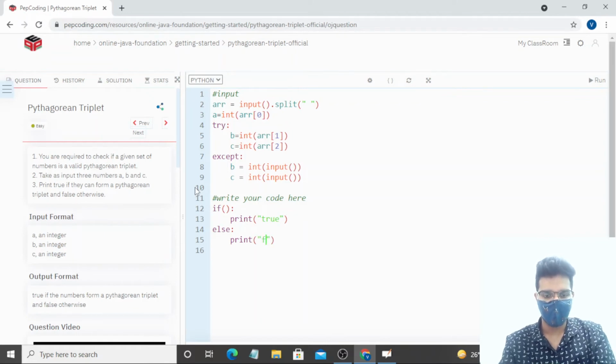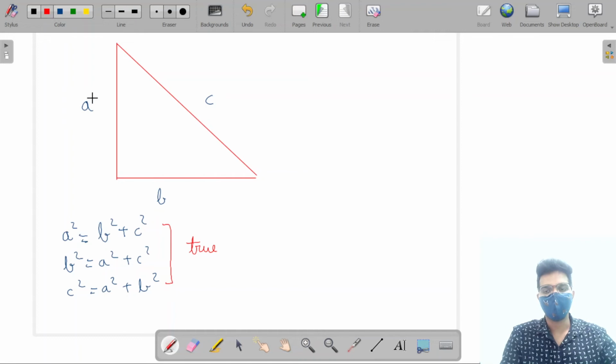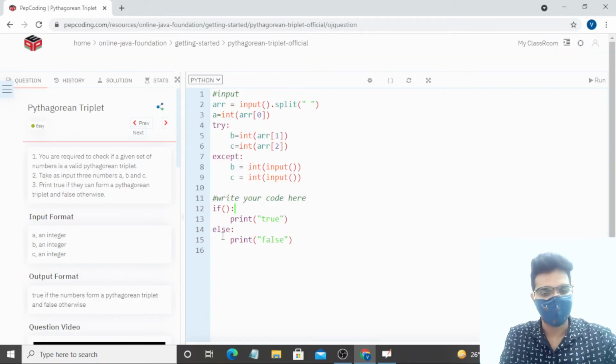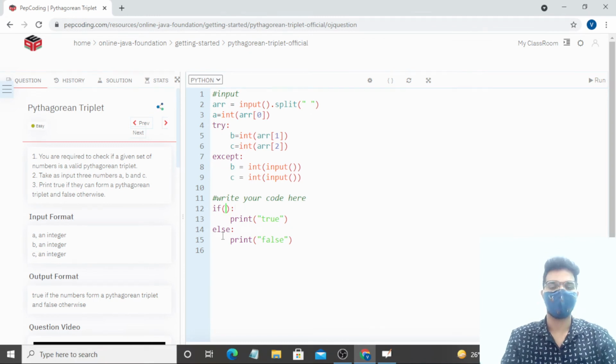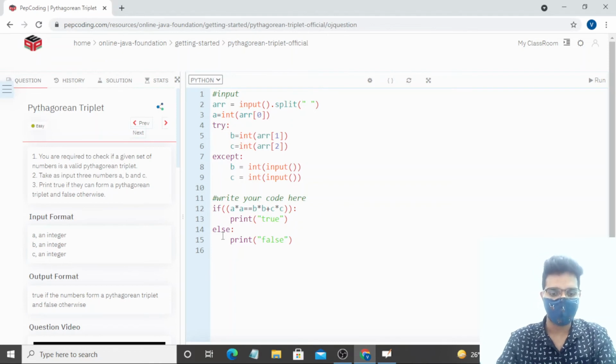Now let's talk about the condition that makes our triangle a Pythagorean triplet. As we discussed, if the square of a side is equal to the sum of the squares of the other two sides, then that means the triangle is capable of forming a Pythagorean triplet. So I can say if a square, a into a, is equal to b into b, b square plus c square, right? If this condition is true, or